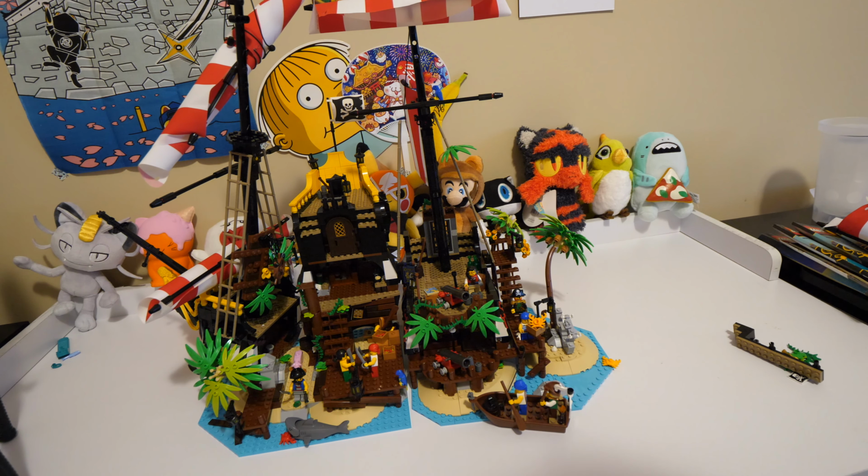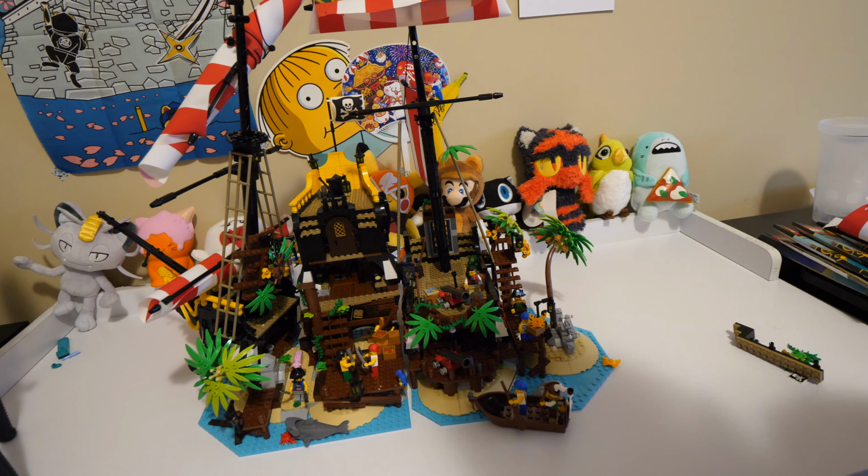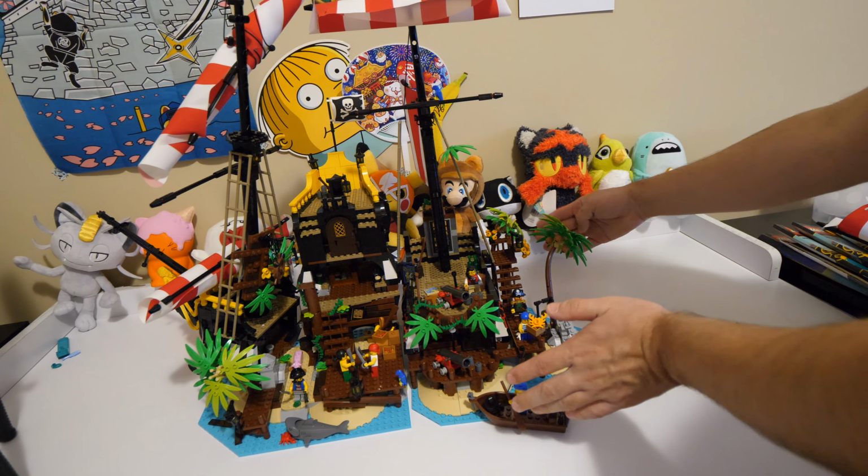So I'm gonna go ahead and talk about the price. I believe it was $200. I actually think that's very fair. I think this is one of the sets that definitely warrants that price tag. You get such a big set. I mean, it's got to be what, like 2 feet high, about a foot and a half wide, lengthwise, and then maybe about a foot